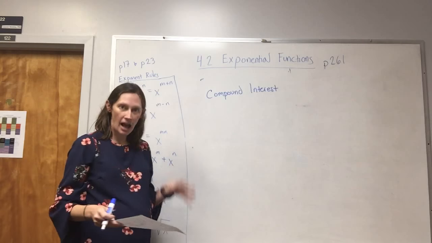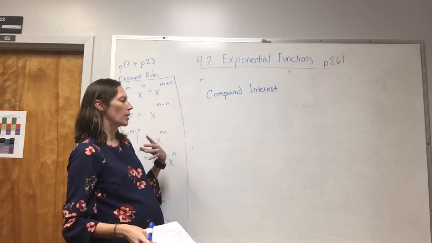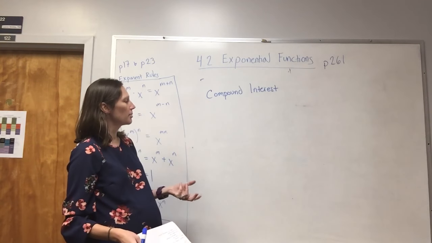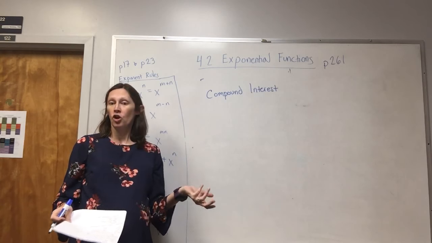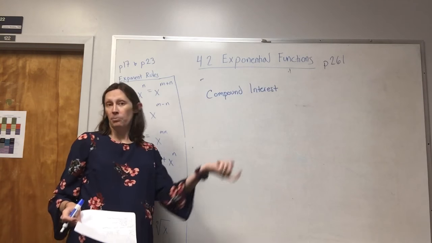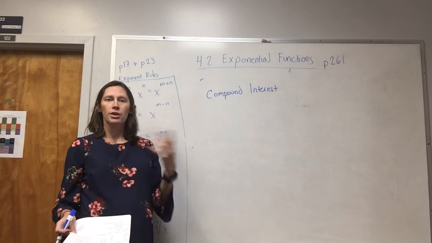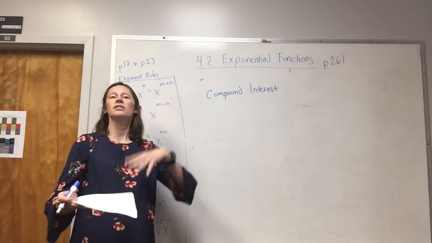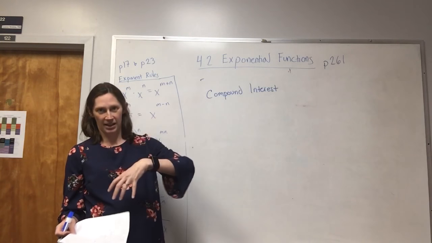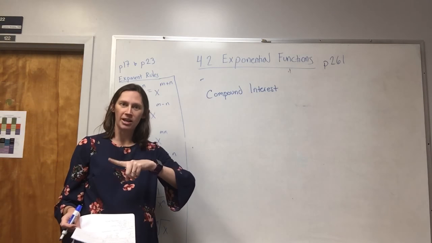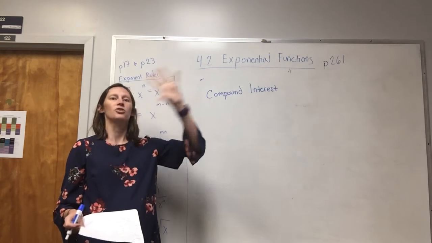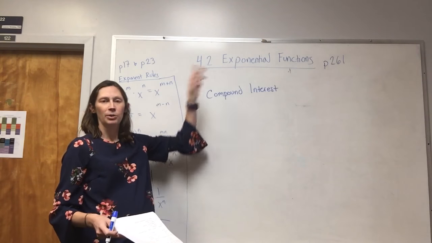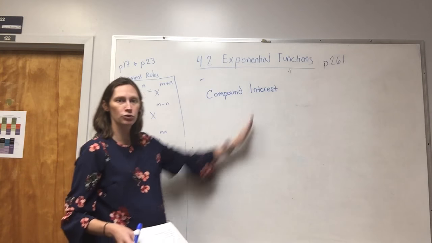Compound interest is like if you deposit your money in a bank. Let's talk about positive, like you're growing your money. You put your money in the bank, and then at the end of a certain term, the bank gives you some interest, but it puts that interest directly into your account. So the next term, not only do you have your original money, but now you've got your interest, and you get interest on that, and then that gets deposited in, and now you've got original money, first term interest, second term interest, and you get to grow interest on that whole bundle. So you're growing that money actually exponentially,